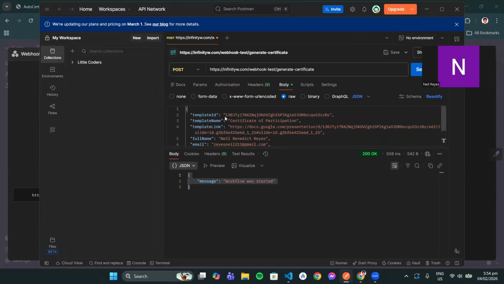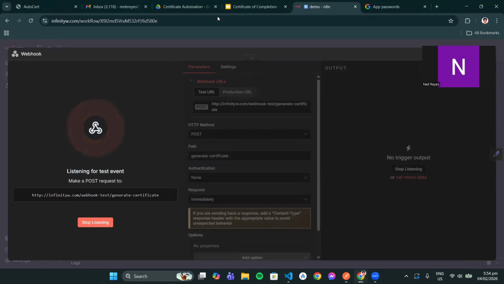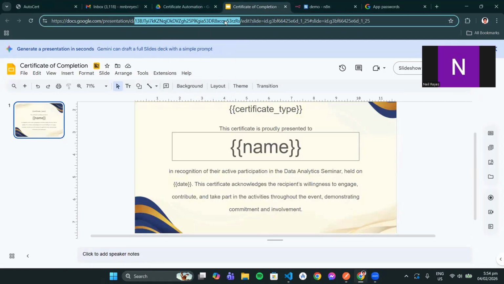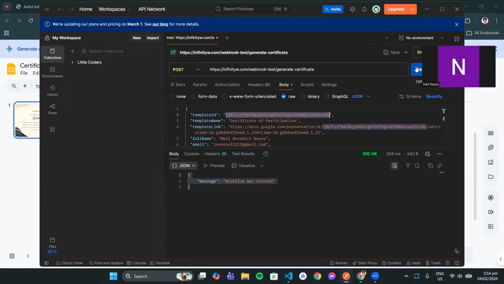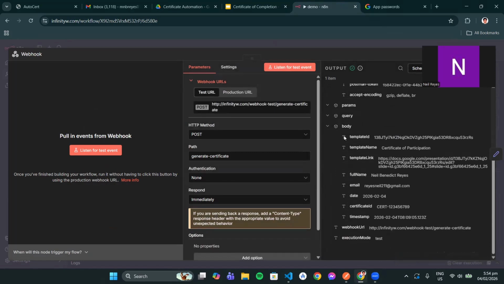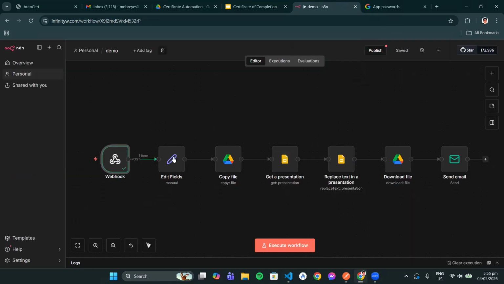And you can get the template ID here in this part. And let's just send it. As you can see, the workflow has started and has received the data, as you can see here. Then we would just need to